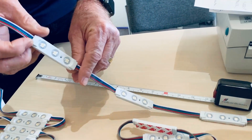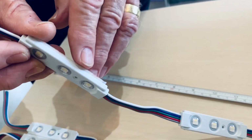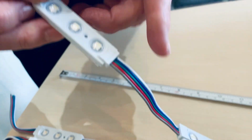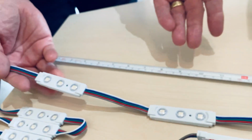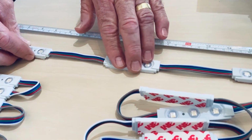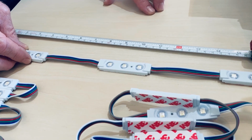We'd like to introduce our new RGBW modules. These low-profile module light units consume only 0.96 watts per module and have a beam angle of 140 degrees. RGB modules are ideal for backlighting or side lighting and can also be used for under cabinets, toe kicks and